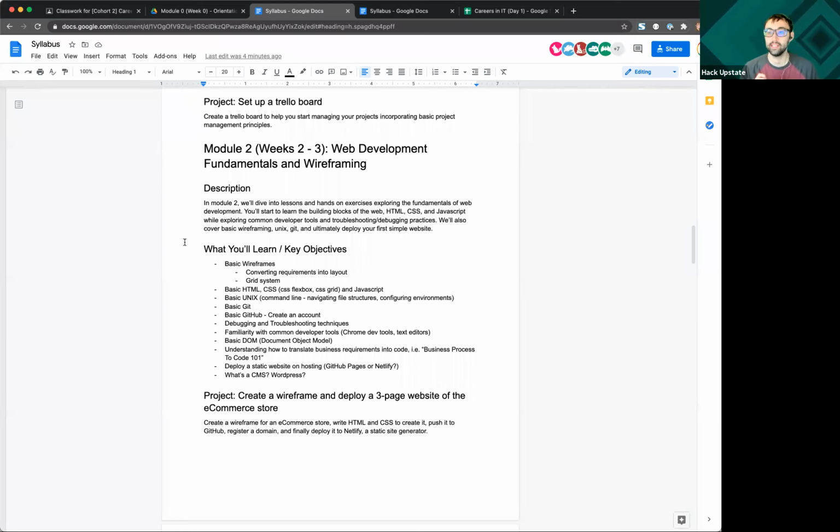You're going to learn about something called the DOM, which is how the browser manages and renders all of your code. And there are going to be a couple side tangents there, like how to get a website actually deployed and working on the internet, and an overview of what a content management system is, and WordPress is the biggest one there. If anyone has questions about a module, feel free to interrupt me before I move on to the next one.